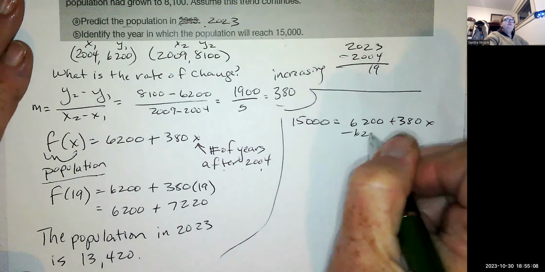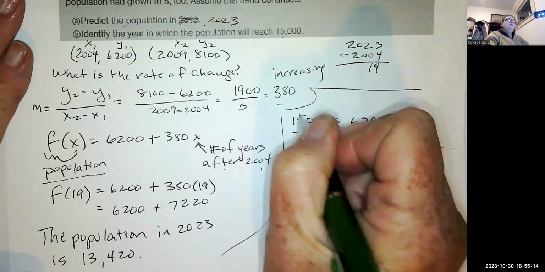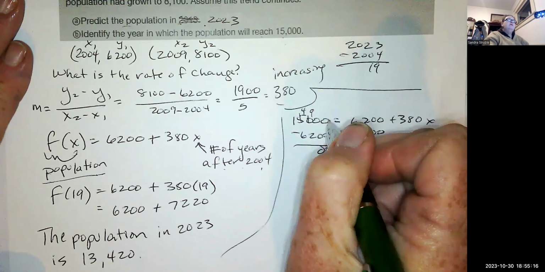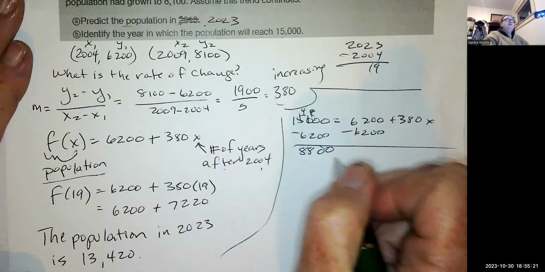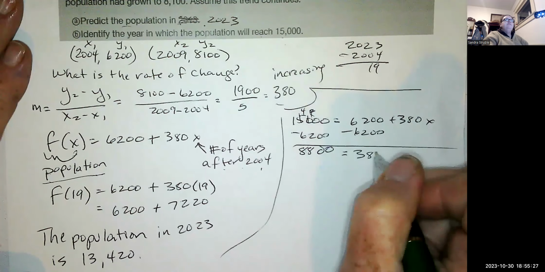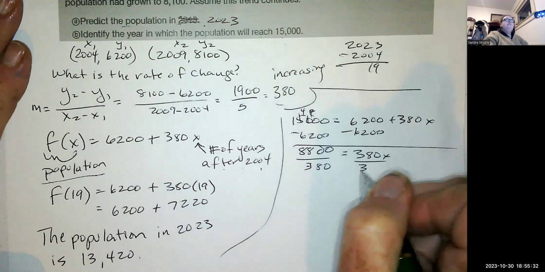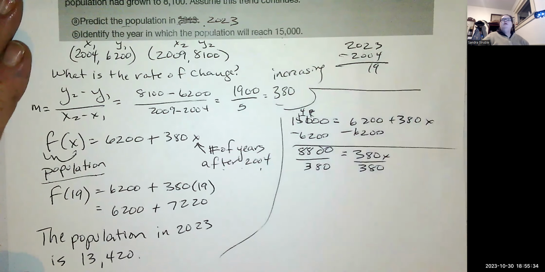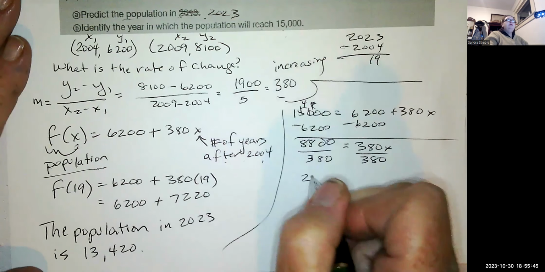So we're going to subtract 6,200 from both sides. Nope, that's a 10, so that's an 8, and that's an 8. So 8,800 is equal to, is that right? Yep, 380x. Divide both sides by 380. It's a 3. So 8,800 divided by 380 is 23.1, we'll just say 23.16